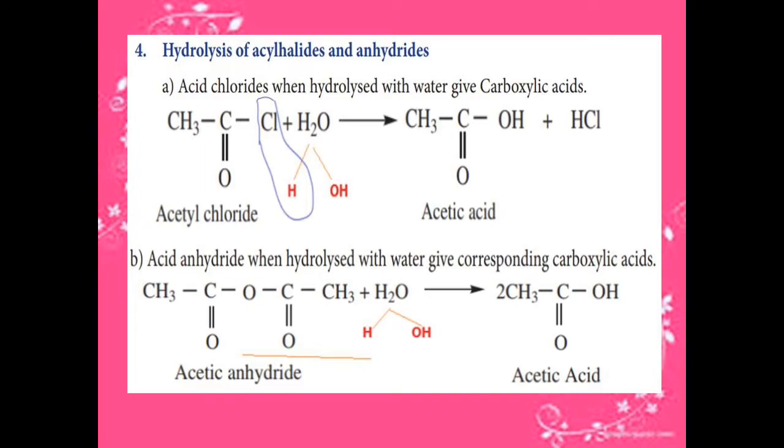The next one, acetic anhydride. This acetic anhydride we already learned in the Perkin reaction. Before the Perkin reaction, I explained how the acetic anhydride is formed. The formula is given here. CH3COOCOCH3 is added with water. Now the water is split into H and OH. One of the H is added with the CH3COO, indicated in orange color. The remaining part is also added with the OH. So we get 2 moles of acetic acid.